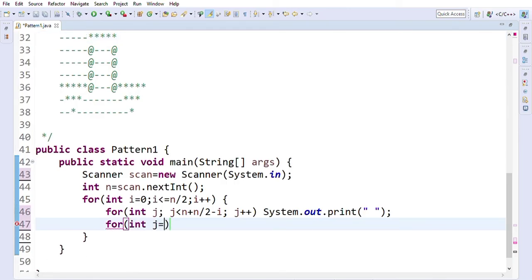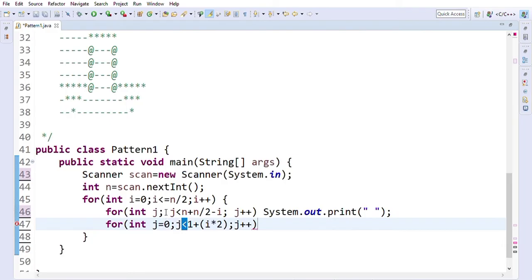Int j equal to 0, j is less than 1 plus I into 2, j plus plus. As we are starting our loop from j equal to 0, we do not use the equal sign, less than or equal; we simply use less than.